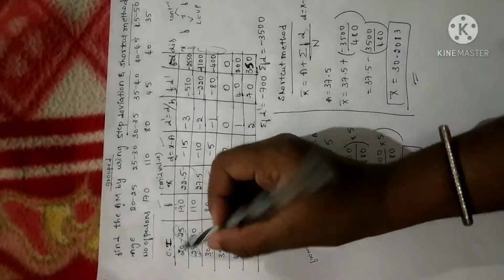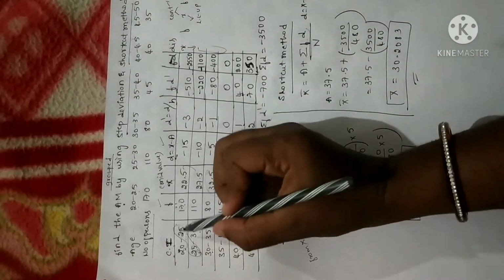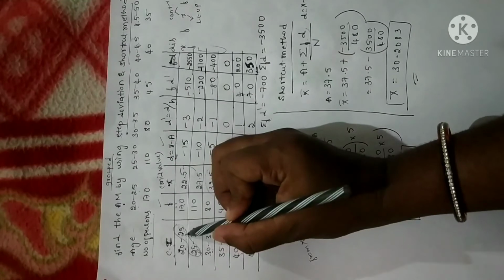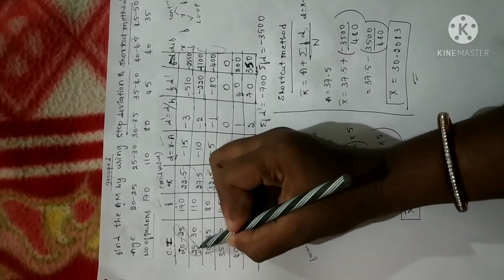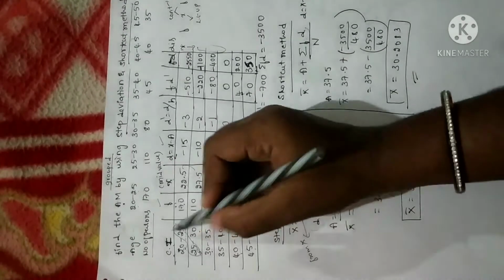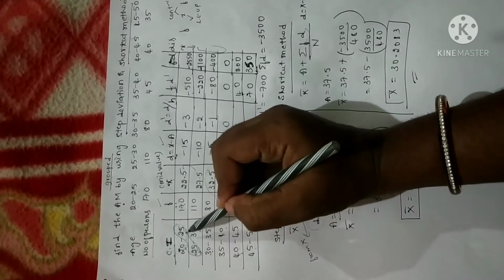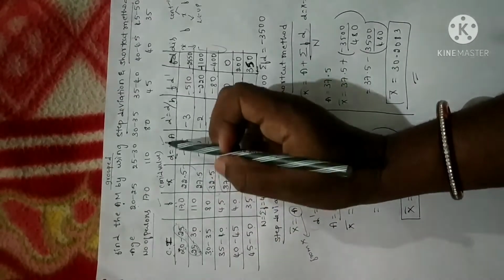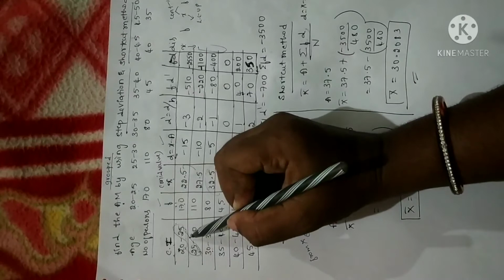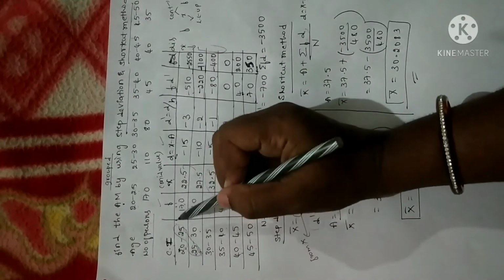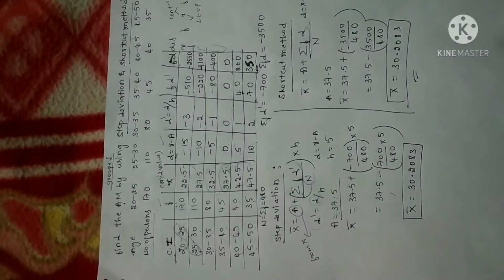And one more thing is that, before going to find the x value, you have to check whether the data is exclusive or inclusive. Exclusive in the sense there is a continuation of data. If there is continuation of data, then only we can find the x value, otherwise we cannot. If there is no continuation of data, we have to make the data continuous. So let me do one.